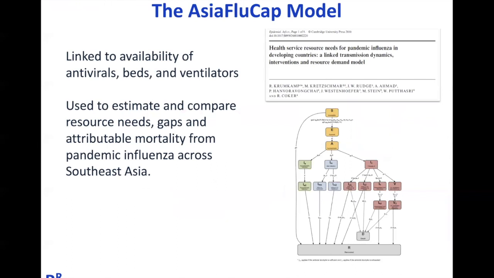Let me show you an example of one model I was involved with. This is the Asia Flucat model, which we developed in preparation for this project, Asia Flucat, where we tried to help several countries in Southeast Asia to see how well they were prepared for the next flu pandemic. And we later on had a good chance to test it. But what I want to show you with this slide only, I'll talk about it in the example later, is